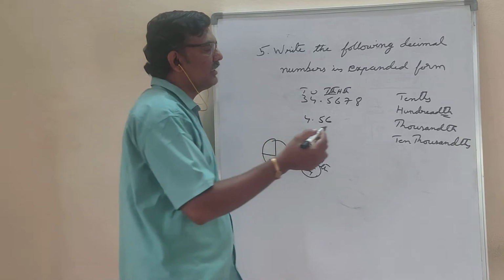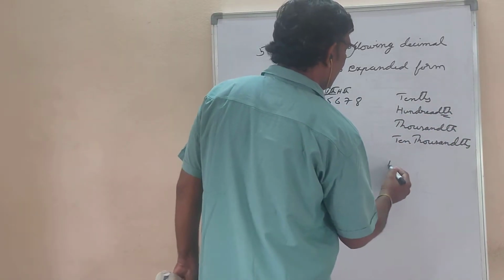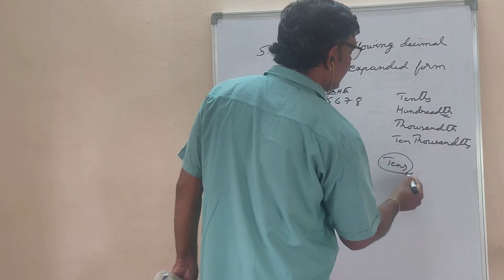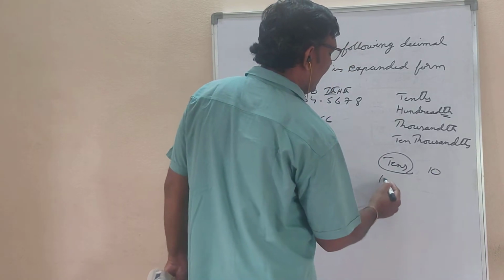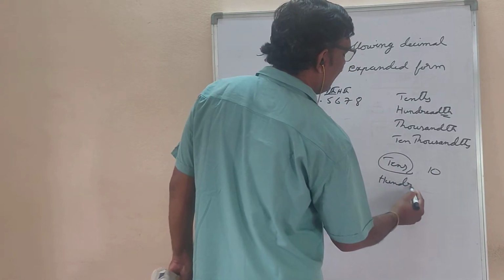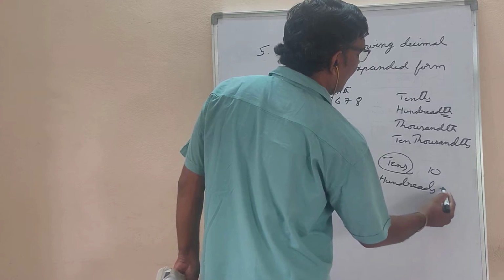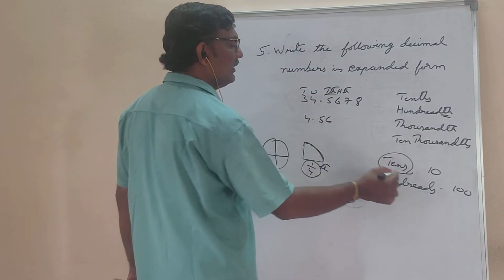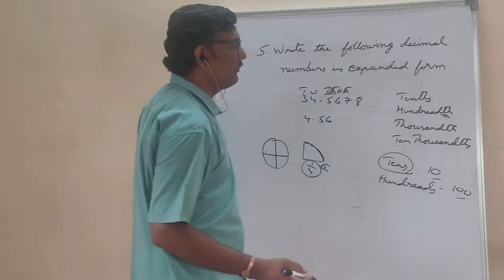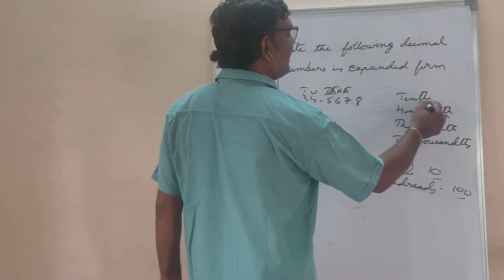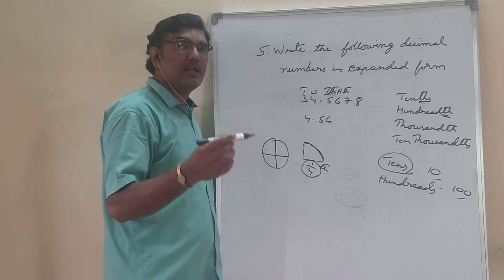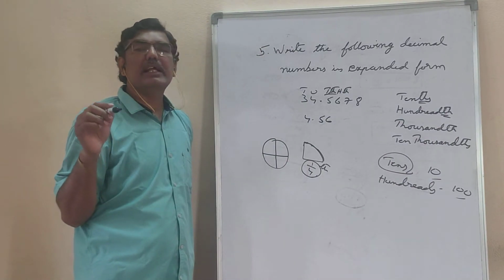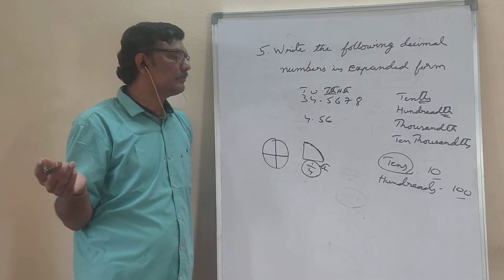10,000th, the last "th" is important. Tens means 10 only. Hundreds means 100 only. It is units, tens, hundreds, like that. It is just a numerator only. But if you see the last "th", then that should be there in the denominator.